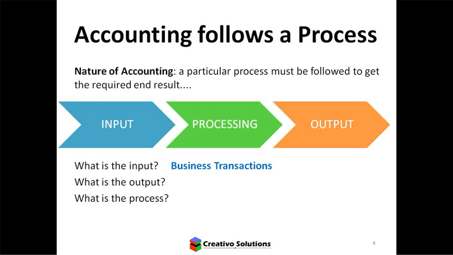And the second question is, what is the output? Well, I hope you gave this some thought, and we actually spoke about it in this video a few minutes ago, financial statements. We know we need information to make good decisions. So the output that the accounting process is going to provide us with is the financial statements. There are different financial statements, and we'll learn about those more at a later stage. For now, the input is the business transaction, the output is the financial statement.